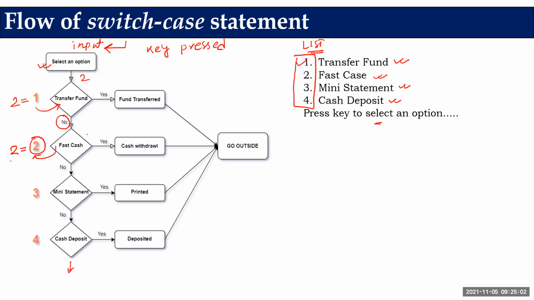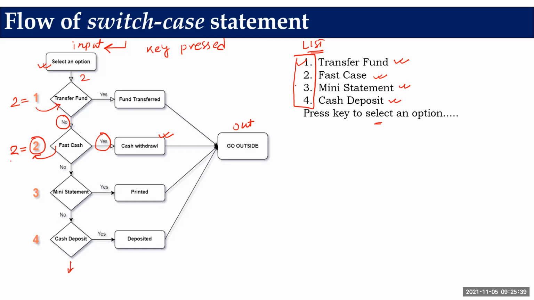Now you have selected 2 and it is matched here. So what will happen? Now it identified that you have selected the correct option according to the first case. So the next interface will open in front of you. Cash withdrawal, many things it will ask for, might be for the PIN key, many things for validating purposes. Once you withdraw the cash, what will you do? You will leave the ATM. That means you are not going to perform any other things, you immediately leave.